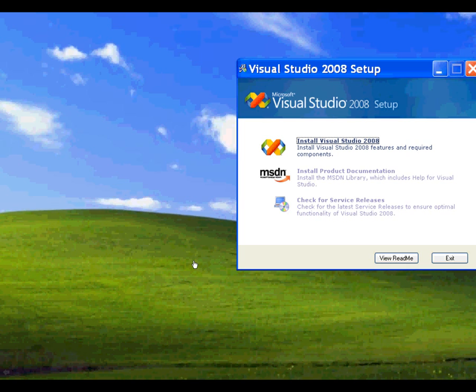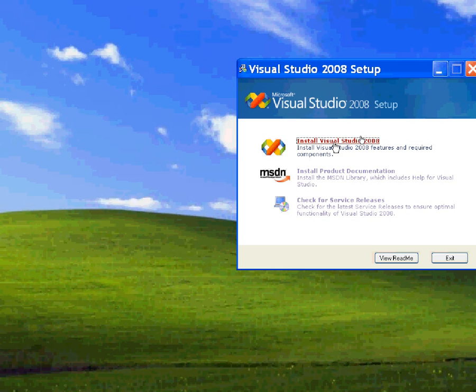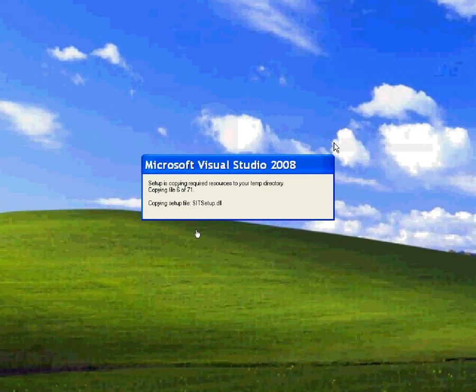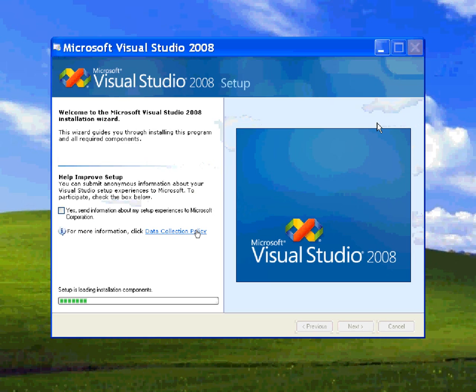Now follow some steps. Install Visual Studio 2008. Select this option. It takes some time and we get this wizard.